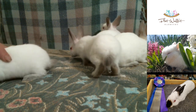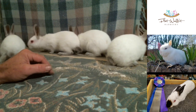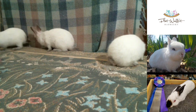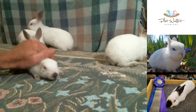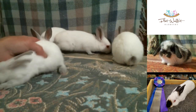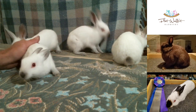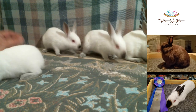So it's a fun breed, easy to handle, easy to work with. They aren't aggressive. There are a few moms out there that are just a little more fussy, but generally speaking, let me get this one over here. They just are so relaxed as we work with them, starting at a young age on how to pose, but there's so much curiosity at this age. We just don't really have to do a lot with these guys. They generally handle